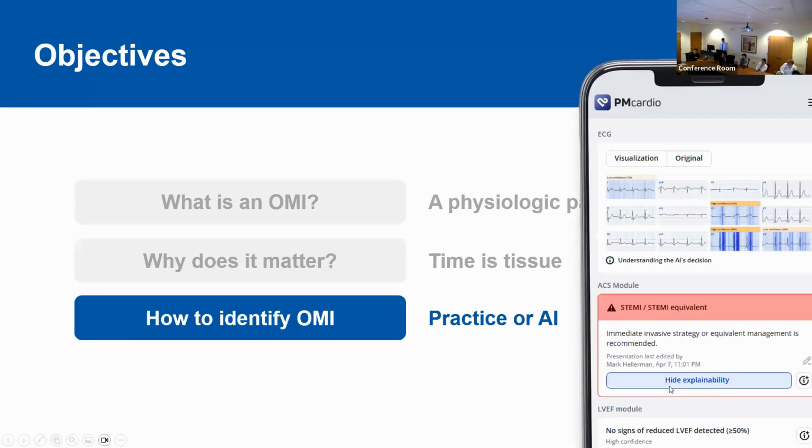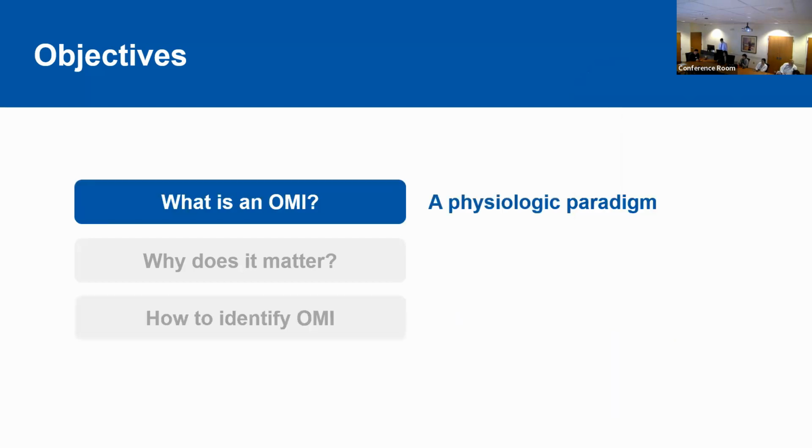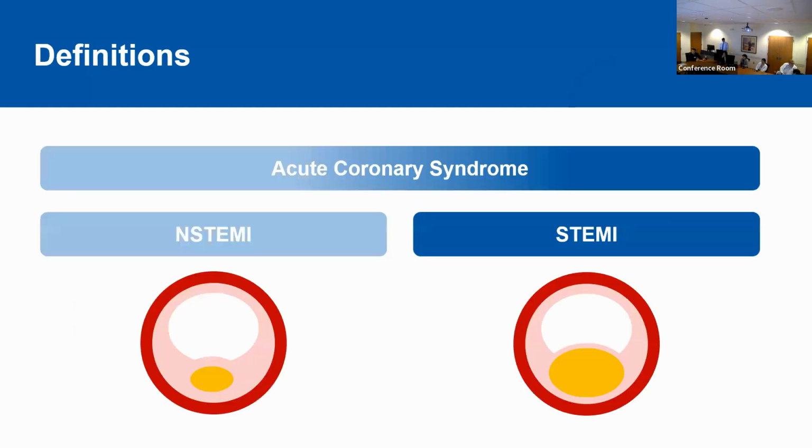And then in terms of how we'll identify occlusion myocardial infarctions, you'll have to take my word that it does take a fair bit of practice, but I also know that this audience is well aware of that as well, since many of you are OMI experts here. But since this is the age of artificial intelligence, we'll review a model that seems to be promising in terms of helping us to identify these. So just to delve into the paradigm itself,